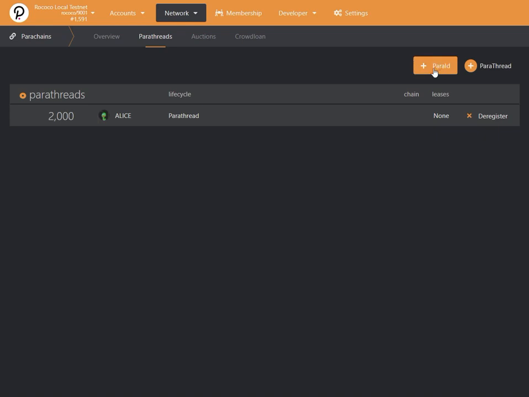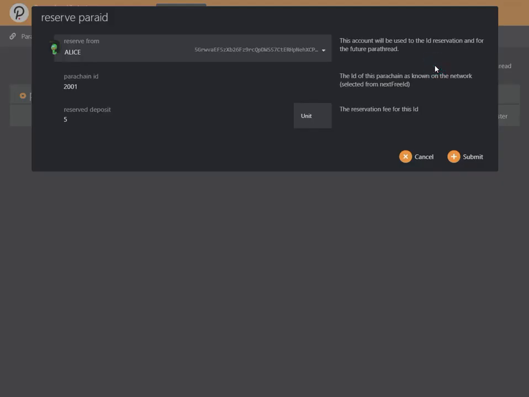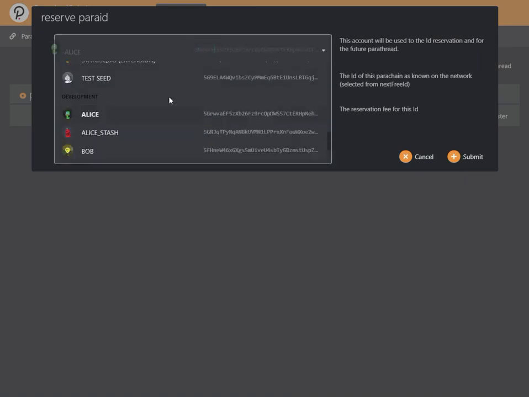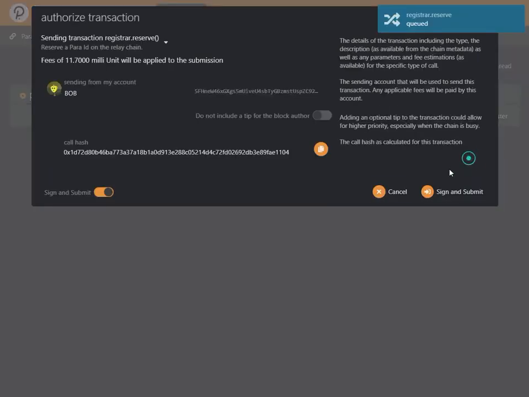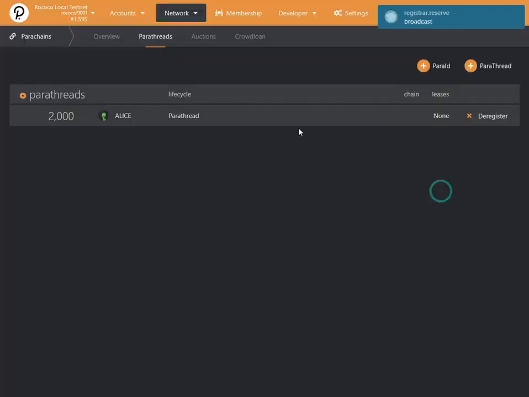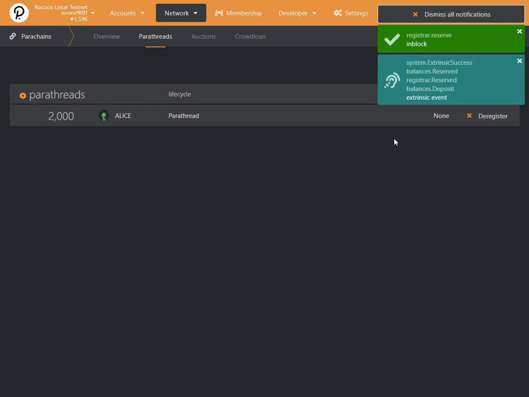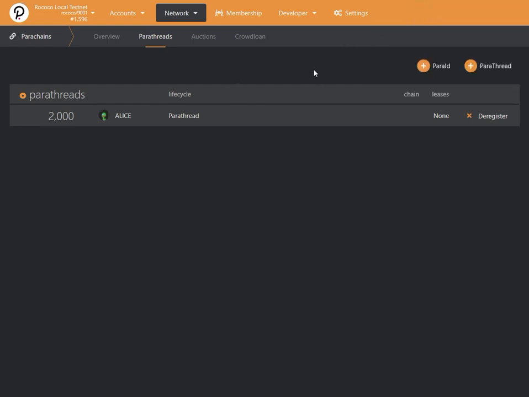To do that, we will just click the Add Para ID button, which will pick the next available ID for you, and it will reserve a deposit for this. So every candidate needs to put down a deposit to reserve this ID. This just prevents ID hoarding. Let's say that Bob wants to reserve a Parachain ID 2001, and let's submit this transaction. So now our ID has been reserved, and we can actually now